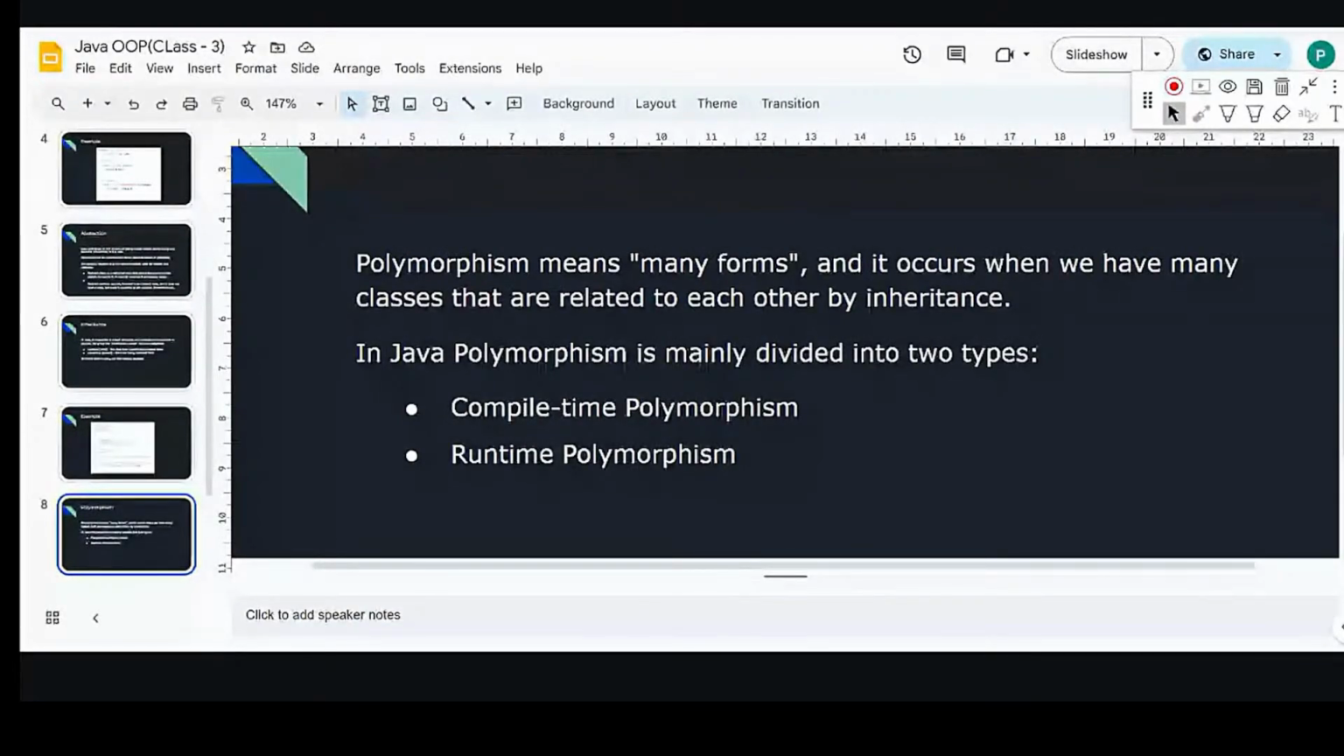Now, there are two types of polymorphism. One is compile time, the other is runtime. In compile time polymorphism, we have method overloading. We also have operator overloading, but today we'll just discuss method overloading. In runtime polymorphism, we have method overriding. So let's first see what is method overloading. Actually, I'll first tell you what is method overriding,